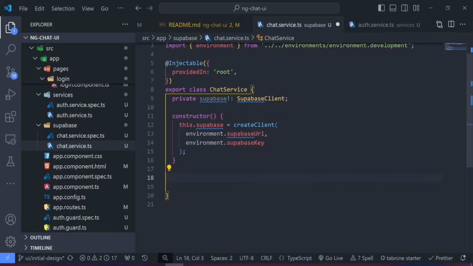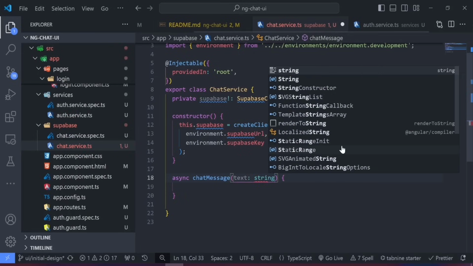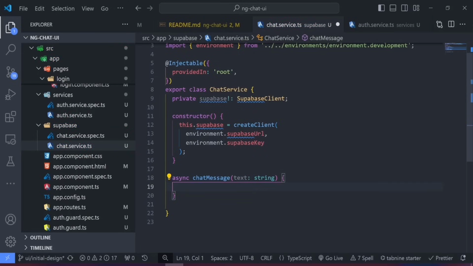To do that, we need to create a new function. So let's call this function chat message. Let's say async chat message, and it's going to take an argument of type string, because we need to pass in a text. And remember, within our Supabase chat table, we have a text column which also accepts a type of string. So we need to configure it in a way whereby anything we type within the input field can be saved